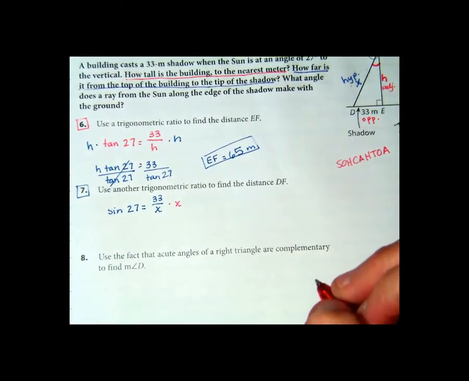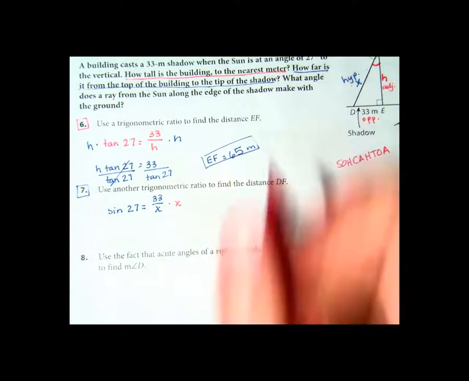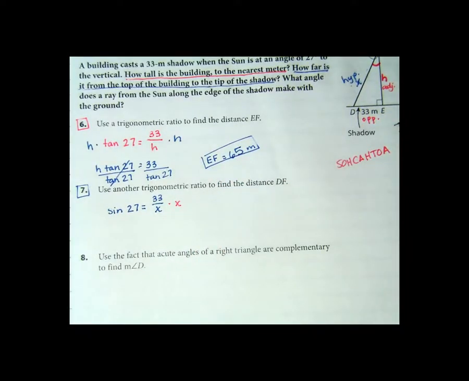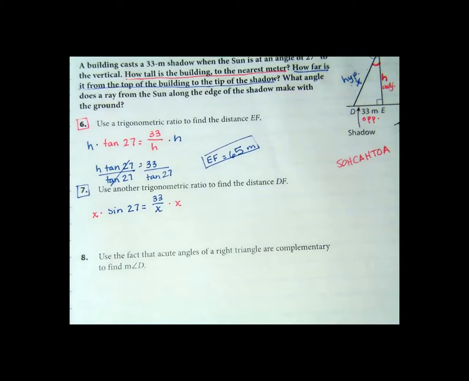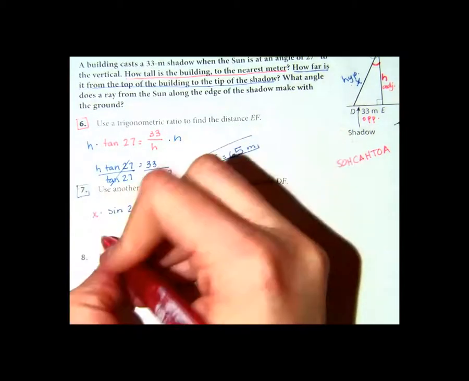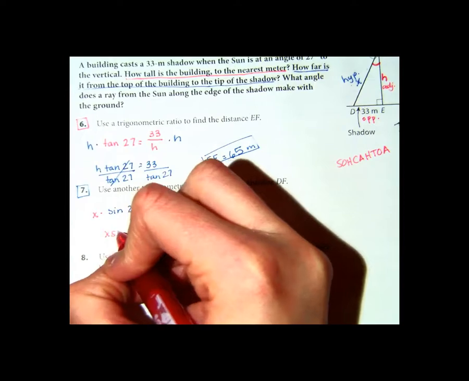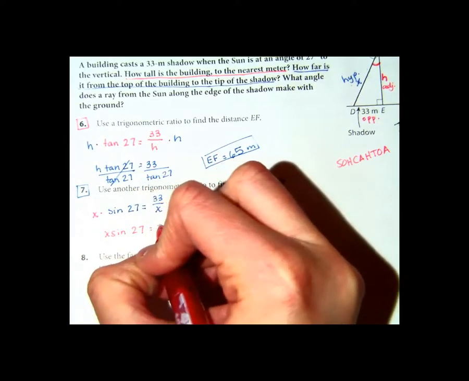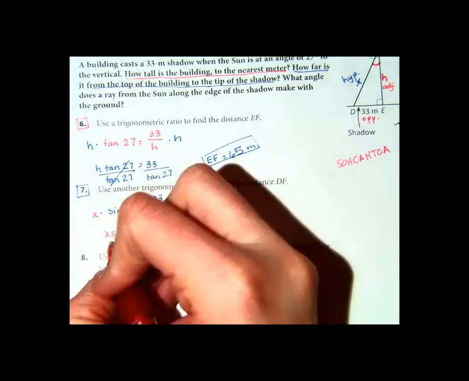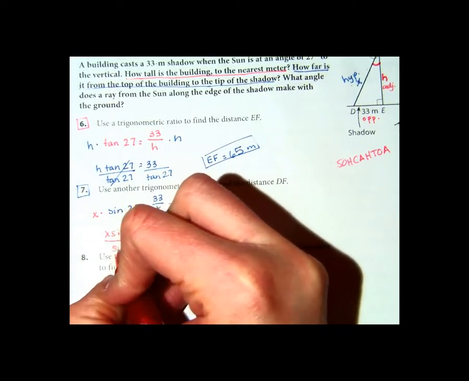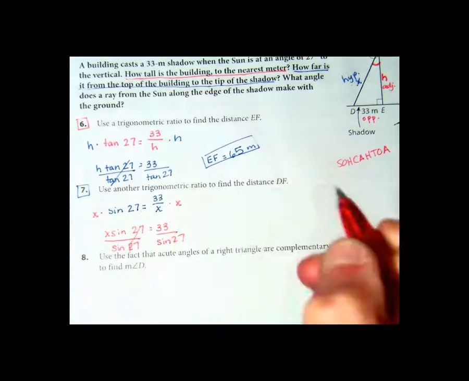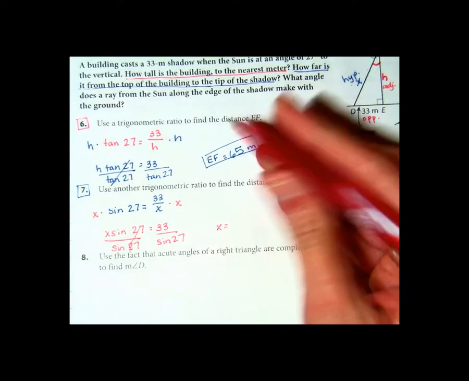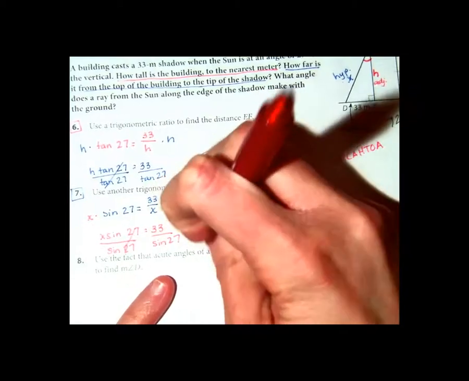That's a good question. Can I just use Pythagorean Theorem? No, because I rounded to 65 and that's way too rounded. We need to not round that much. Alright, multiply by x. It's always more precise if we go back and use a trig ratio. So x times the sine of 27 equals 33. What do we do then? Divide by sine of 27. X equals 73, not x, DF now, equals 73